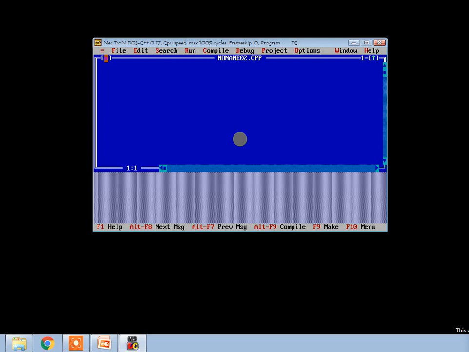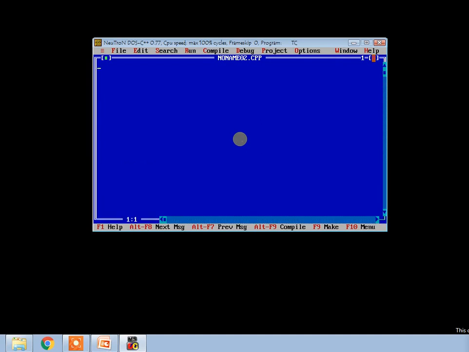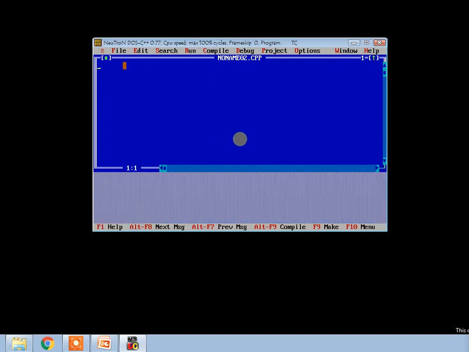This is the button to close the file, and this is the button to maximize the file. Okay, I will just write the code.